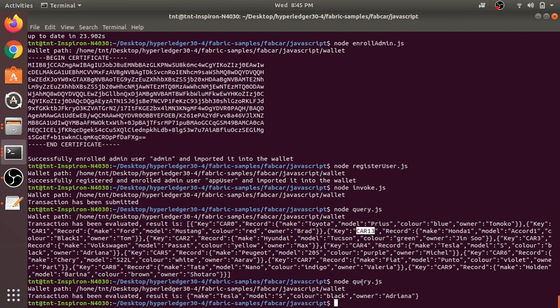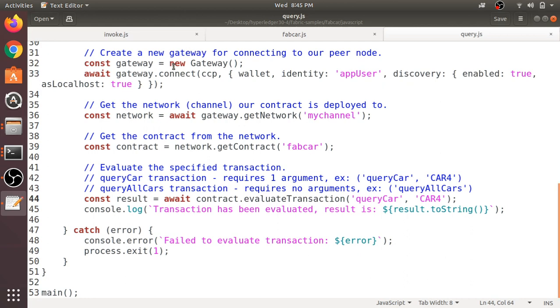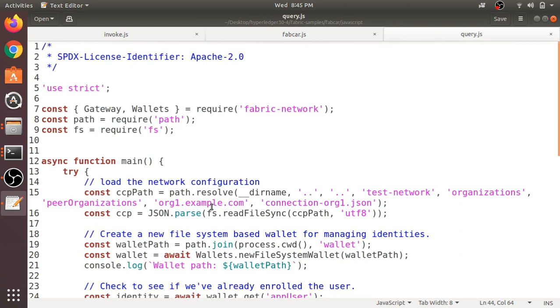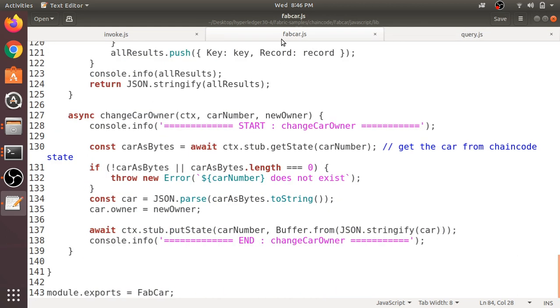You can again run the same invoke.js file and insert a new car into this system. Next, one more function exists, that is change car owner.